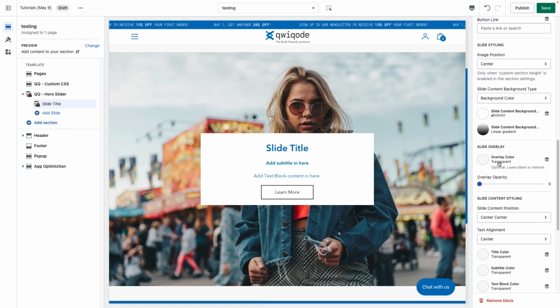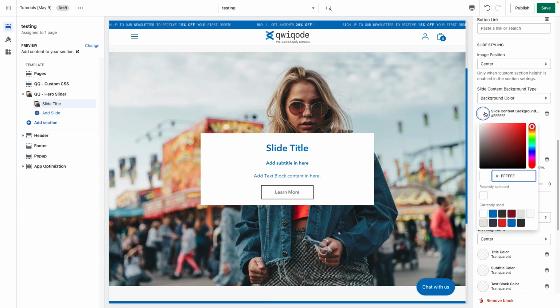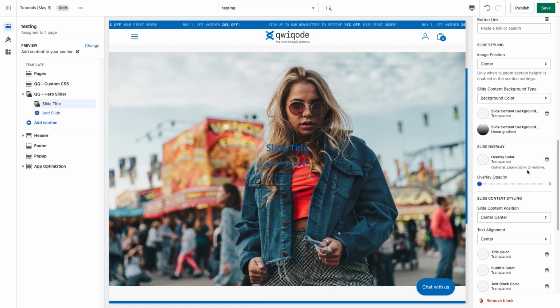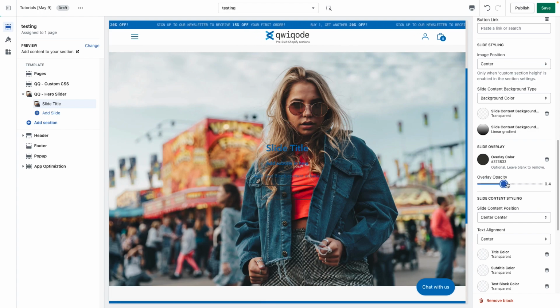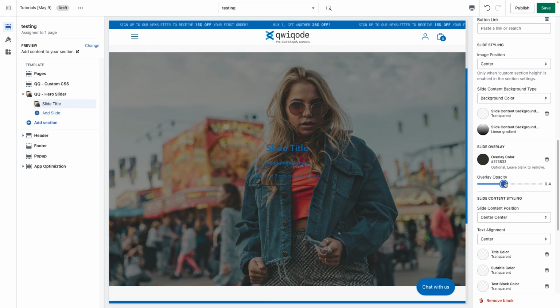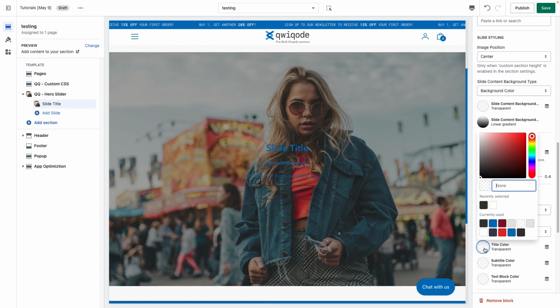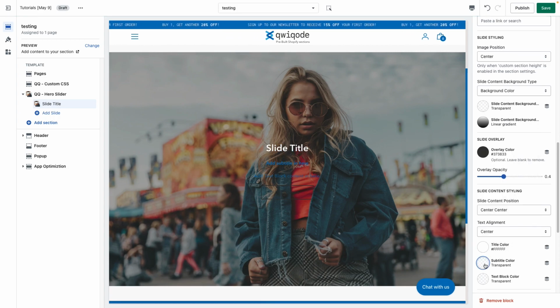Next, we have slide overlay. You would use this if you don't want to use a background for the text. For instance, if we choose black or a very dark color and then give it some opacity, as you can see, it darkens the image, but it'll make this text stand out once we set the color. So if we set the color here to white,